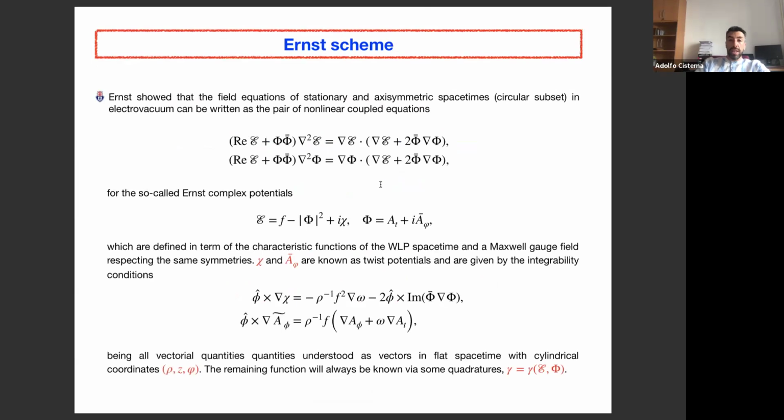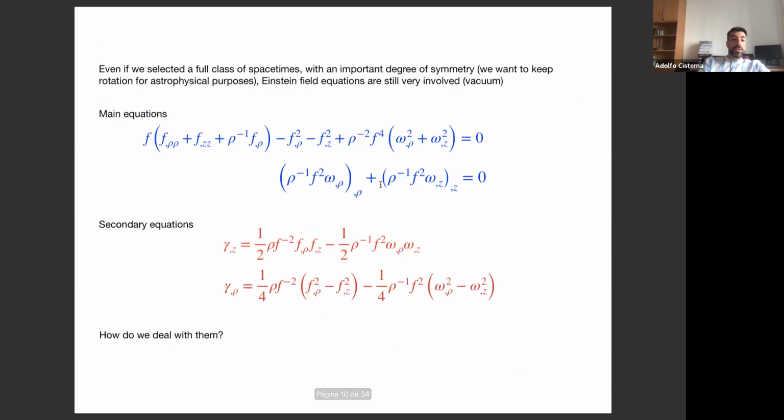So basically what I'm going to say now is simply a way to rewrite these sets of equations you see here in blue and in red, okay? And we will see that when having the equations written in that way, things simplify a little bit, and that also this set of Lie point symmetries that I told you I'm going to use are going to be disclosed. So what is this Ernst scheme?